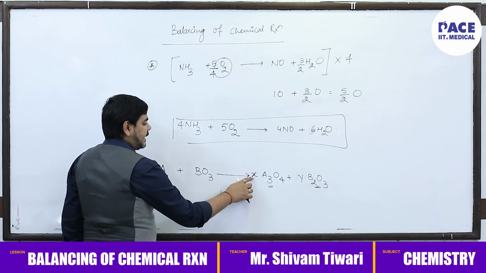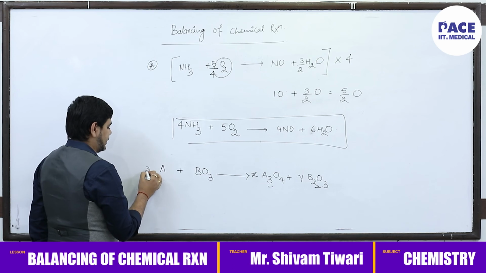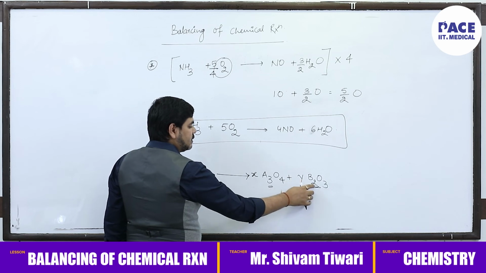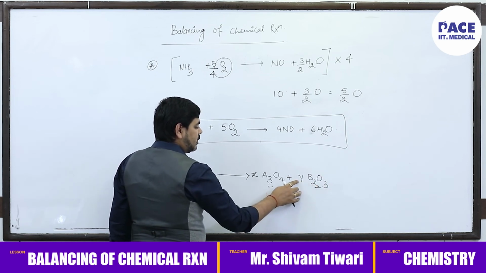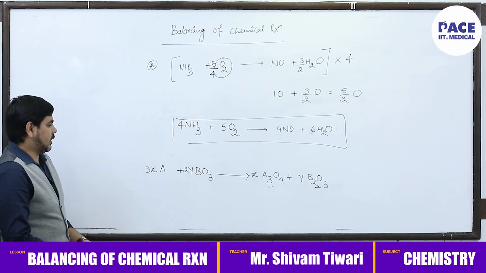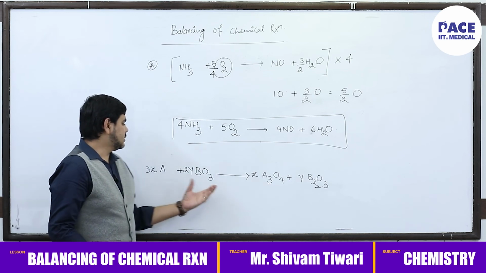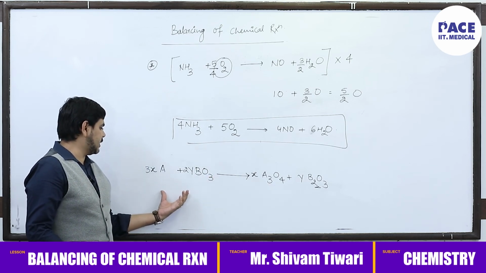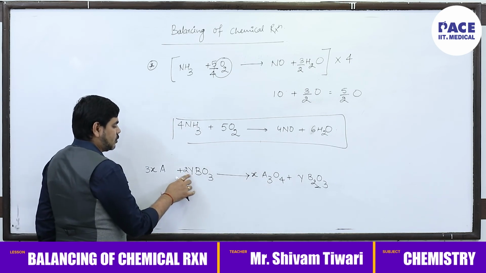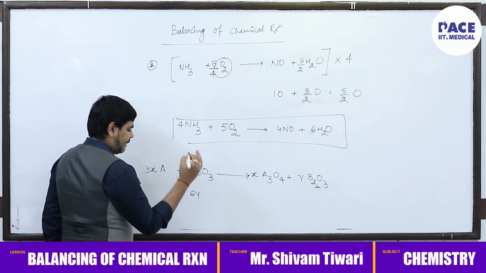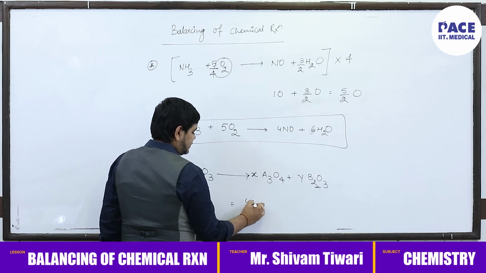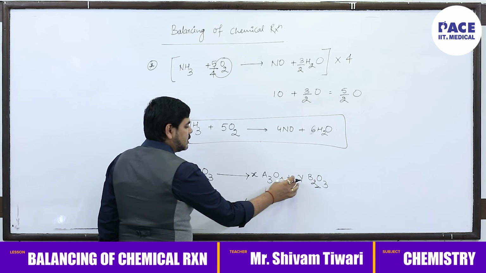So let's say if it is x, over here it is going to become 3x. If it is y, then y into 2, since 2 B are in one molecule, y molecules will have 2y. So over here 2y. Now you need to check how many oxygens are on the left hand side, because that number is equal to the number of oxygens on the right hand side. How many oxygens are here? 2y into 3, 6y oxygen atoms. How many are here? 4x plus 3y.